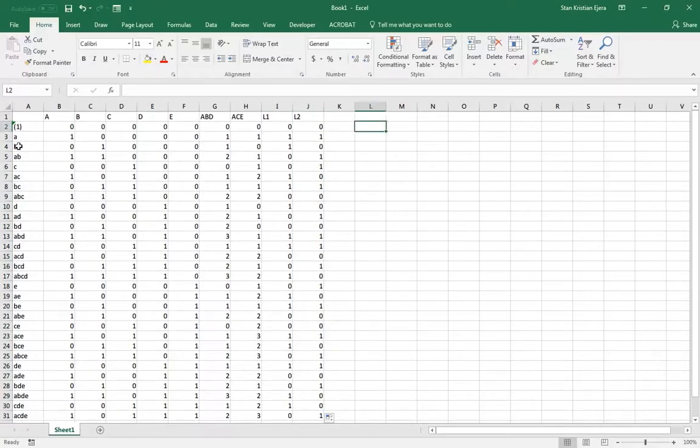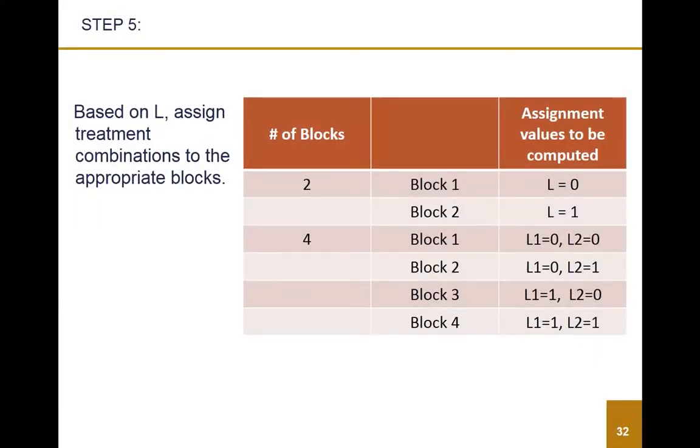So now what I want to do is create 4 groups or 4 blocks. So my 4 blocks are these values. So let me just take the PowerPoint file, show it here. There we go. So if we have 4 blocks, then our assignment values should be or block 1 is when